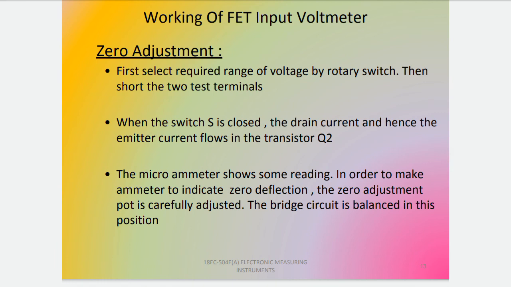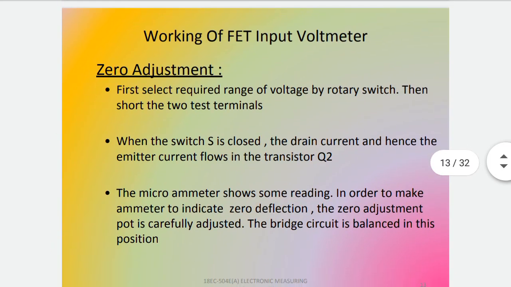first select the required range of voltage by the rotary switch, then short the two terminals. When the switch S is closed, the drain current and hence the emitter current flows in the transistor Q2. The microammeter shows some reading. In order to make the ammeter indicate zero deflection, the zero adjustment potentiometer is carefully adjusted. The bridge circuit is balanced in this position,